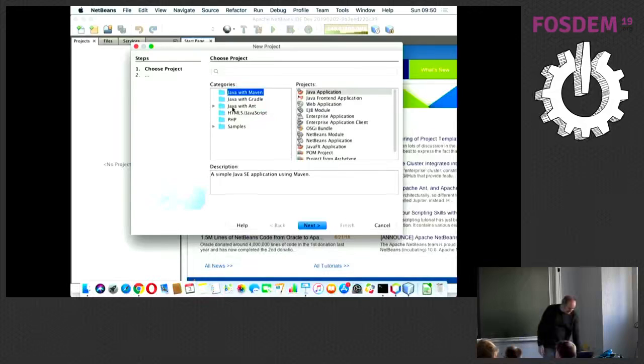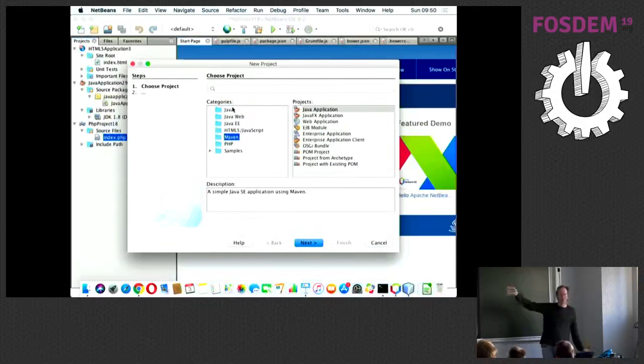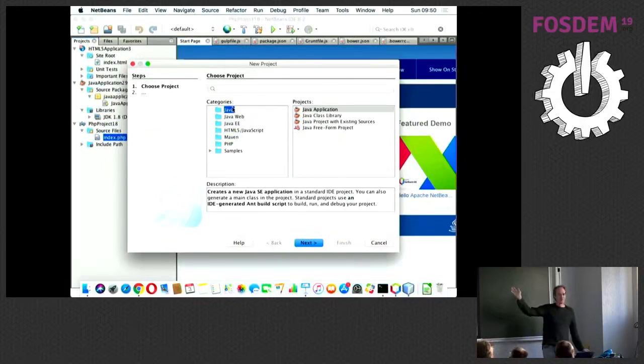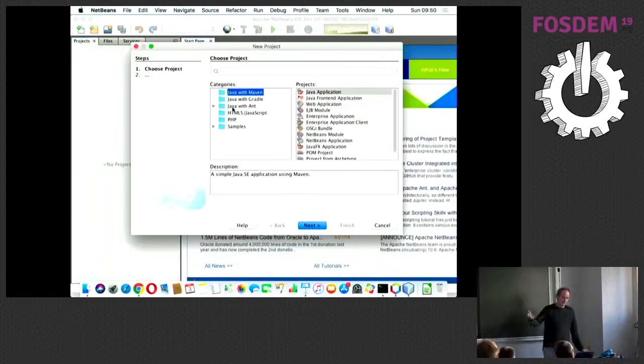This was a nice thing about the old structure, that you didn't know what those things are, so you would just create your project. So there's still a small problem here, and one suggestion is that there might be a category that just says Java, and it would link to the Maven project, and at the end of that wizard you would have a Maven-based project.